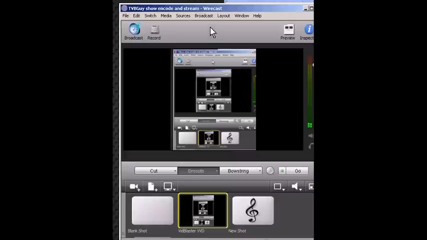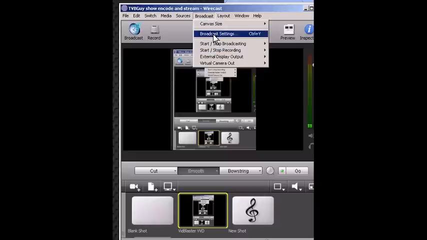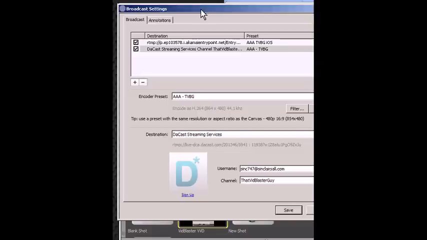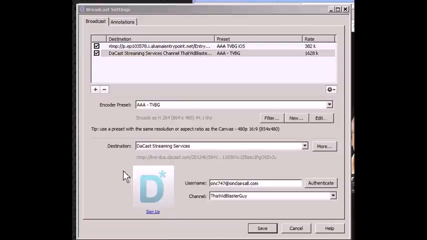And Wirecast is, and we'll go up here to the broadcast menu, and we'll go to broadcast settings, and that's going to appear. Drag that menu in so you guys can see it right there. And let's redo our screen capture so you can see the whole thing. Capture. Okay, there we go. And you can see that we are using, here's the broadcast tab on the broadcast settings window, and we have two destinations right now.